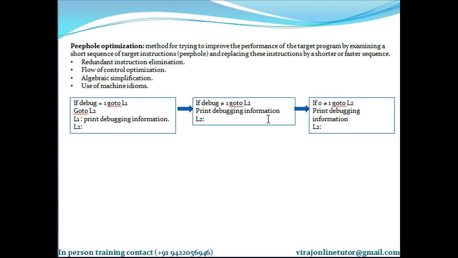Otherwise you just print this statement. So you can see I have optimized the control flow. If 0 is not equal to 1, go to L2, otherwise print this, because there is an assumption made here that debug is 0. That's why I am substituting this constant, using a concept called constant folding. So if 0 is not equal to 1, then go to L2, else you print this statement.